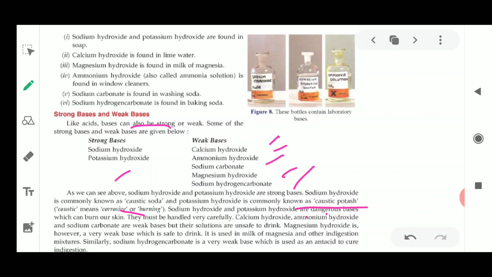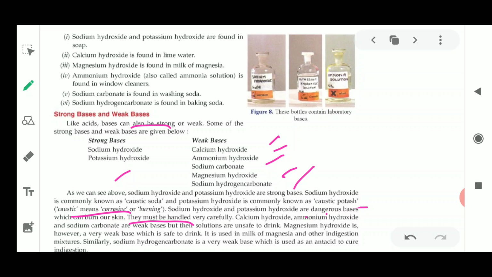Okay, so you need not know all the chemical names of these strong bases and strong acids. You just have a brief view of the names of various types of strong acids and weak acids. You could learn a few of the examples given here. The word caustic means very corrosive, so it gives you a burning sensation if handled carelessly. So you have to handle these strong bases very carefully.